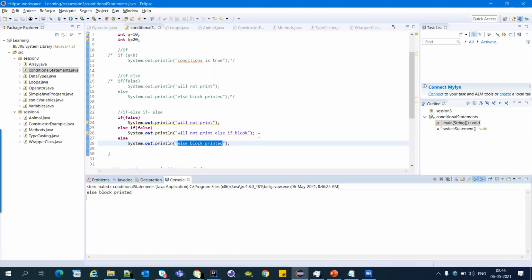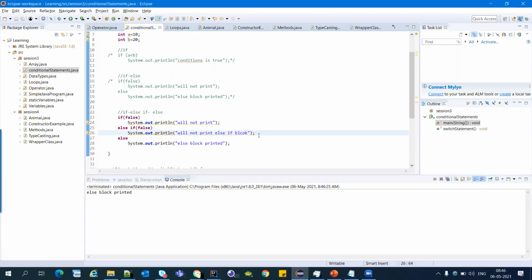I will explain this again. What the compiler does during execution is check the condition at line number 23. If it is false, then it will go for the next else if. If again it falls into the false part, then it will go for the last one, the else part, the default one. Every time it will check the condition at every step. If it is not satisfied, then it will go for the next. That's the main characteristic of this nested if else.